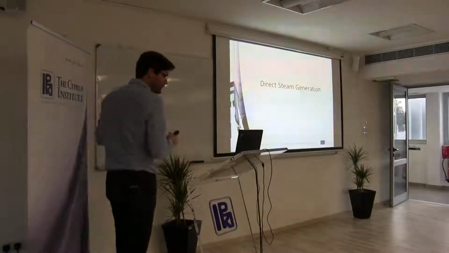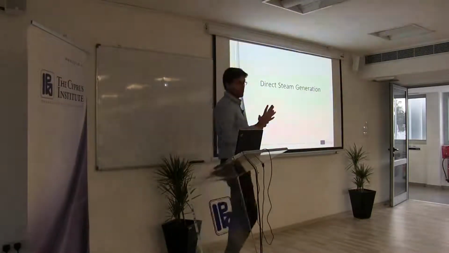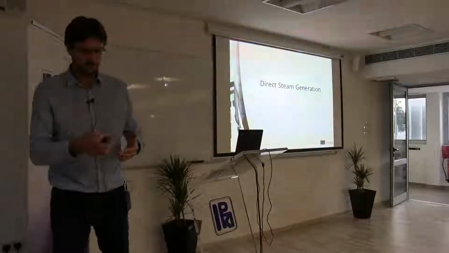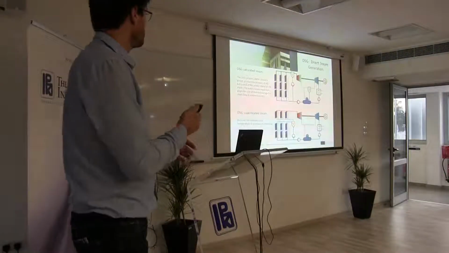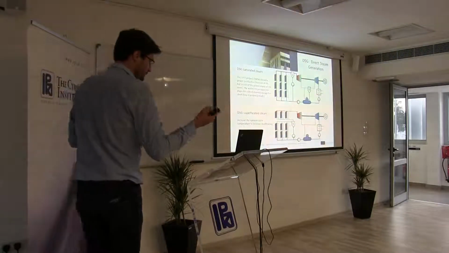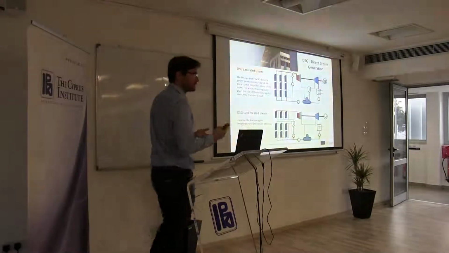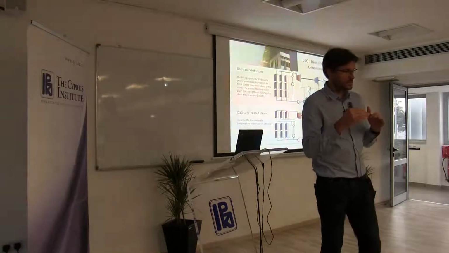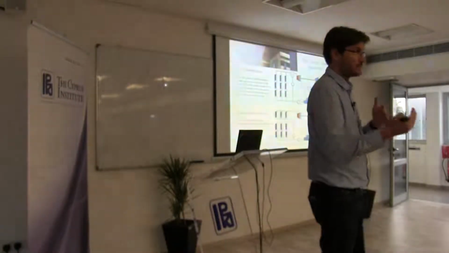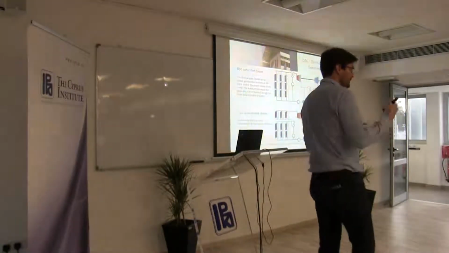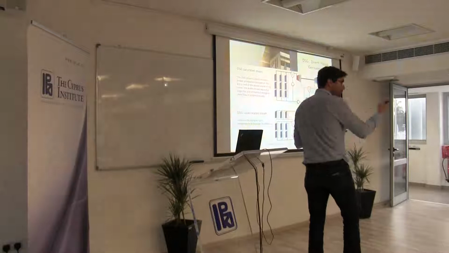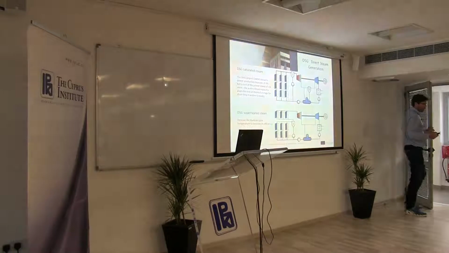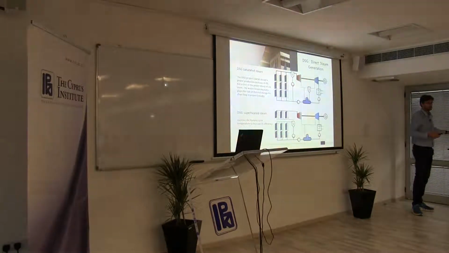Presentation, and we reached the part where I explain a little bit about the direct steam generation processes. So you know the steam, it could be saturated, meaning the temperature of the steam is the temperature of the boiling point, okay? And superheated steam is a temperature of the steam that is above this boiling point, okay? And this boiling point depends on the pressure of the steam.